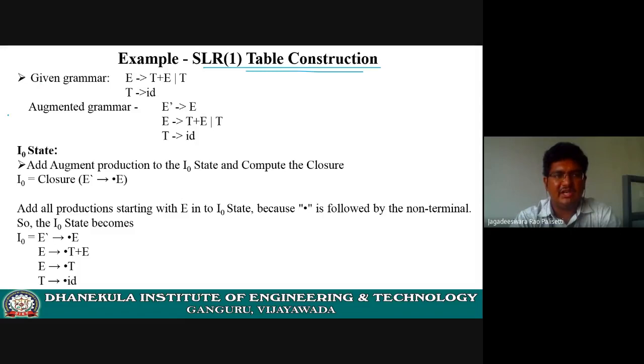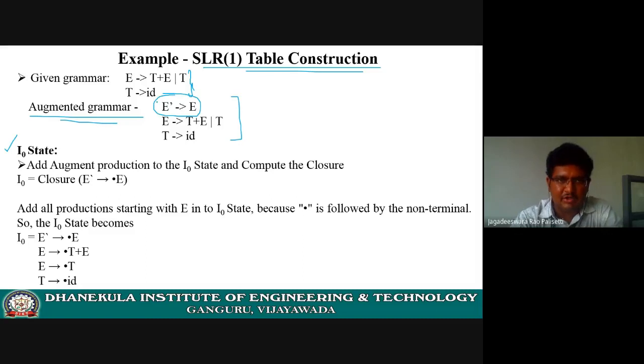Okay. So initially, if you consider this is your grammar G, what you have to do is add a production called augmented, and we get our augmented grammar. For that grammar, now we are going to create I0, I1, I2, I3, so many states, nothing but creation of item sets. Am I clear now? So first I0, how am I going to create I0? Based on the augmented production.